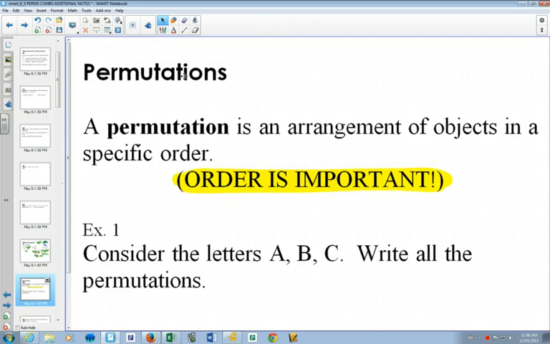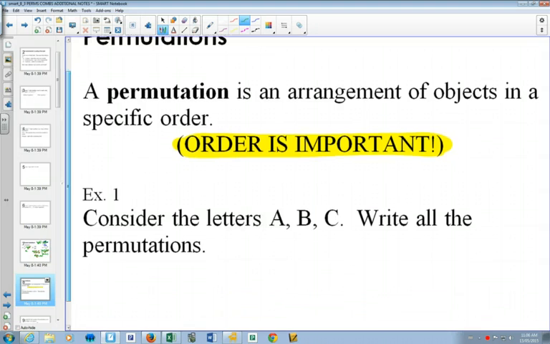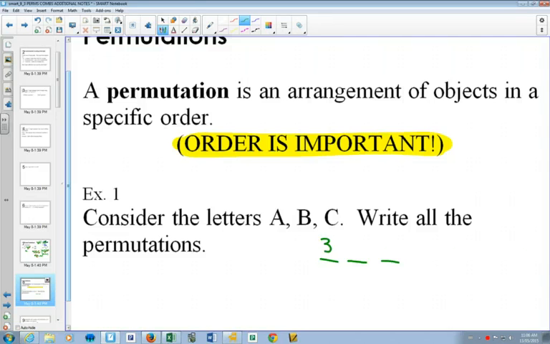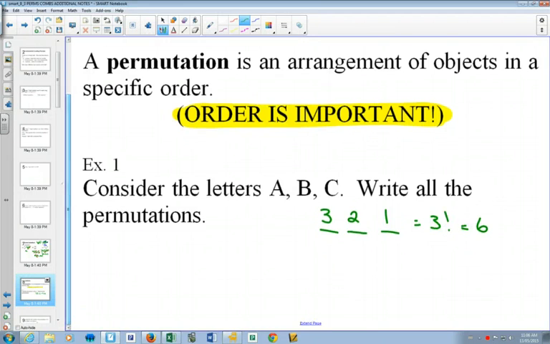So if you have ABC, anytime you're solving a permutation question, you can find out how many answers there are going to be with spaces. How many decisions would you have to make if you're rearranging 3 letters? 3 decisions. How many choices for our first letter? 3, then 2, then 1, or 3 factorial, which is equal to 6. So now if we're going to list them,